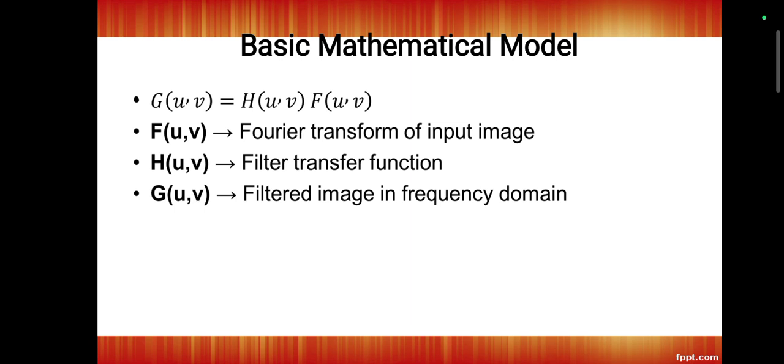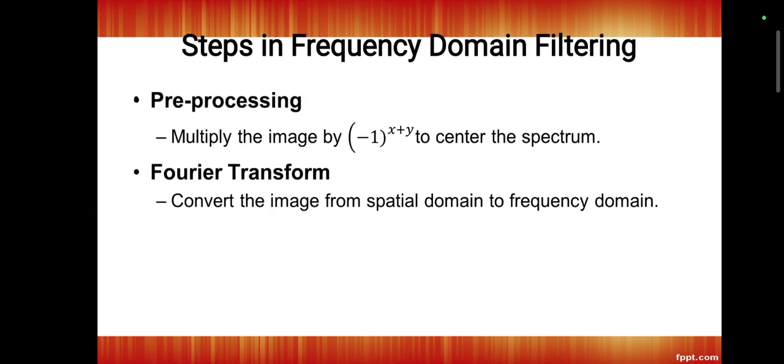So here the image transform is represented in the form of a discrete Fourier transform. So here we have to consider the filter transfer function H(u,v) and the Fourier transform of the input image. Here G(u,v) is equal to H(u,v) times F(u,v). H(u,v) is the filter transfer function and G(u,v) is the filtered image in frequency domain. So here the steps are pre-processing, Fourier transform,